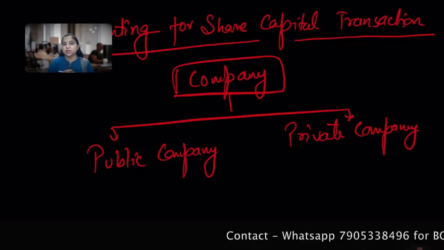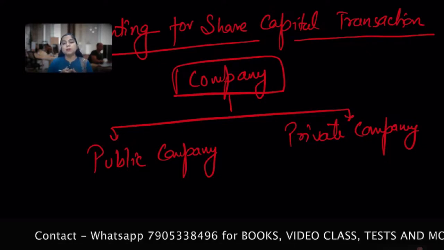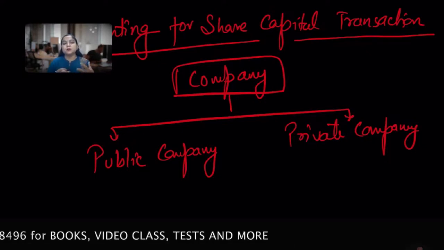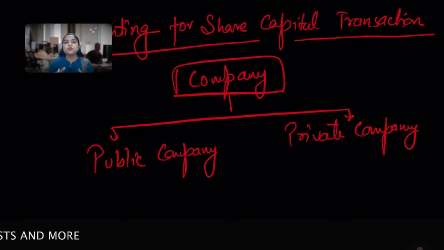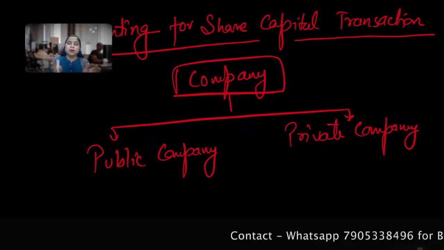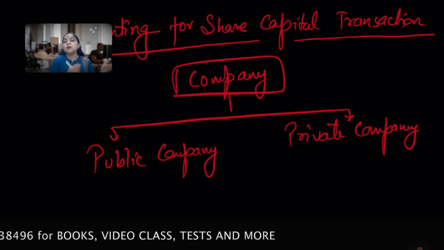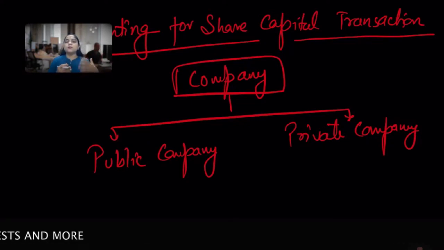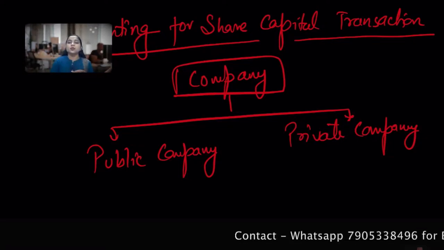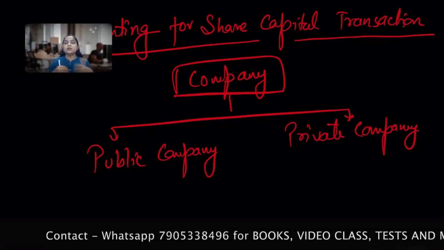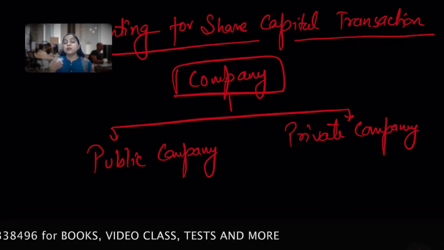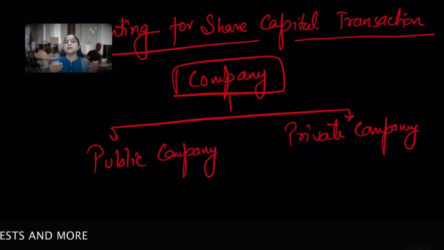But in case of a public limited company, the company is totally free to invite the public to buy its shares. I hope you have seen recently, if you are going through a newspaper, a lot of IPOs are going on, initial public offering. It's all about when the private company is getting into a public limited company and inviting the public to buy its shares. It issues the prospectus and takes the help of underwriters in order to sell these kinds of shares.